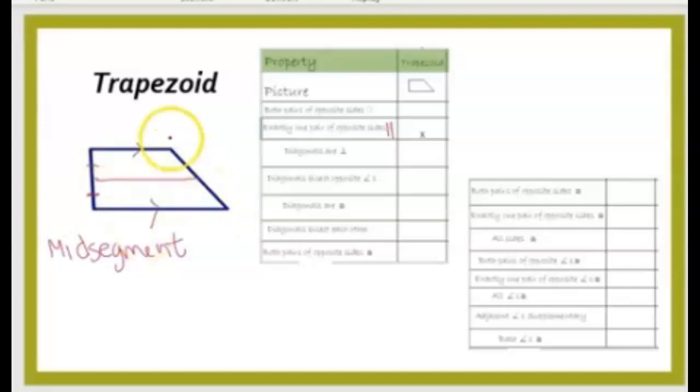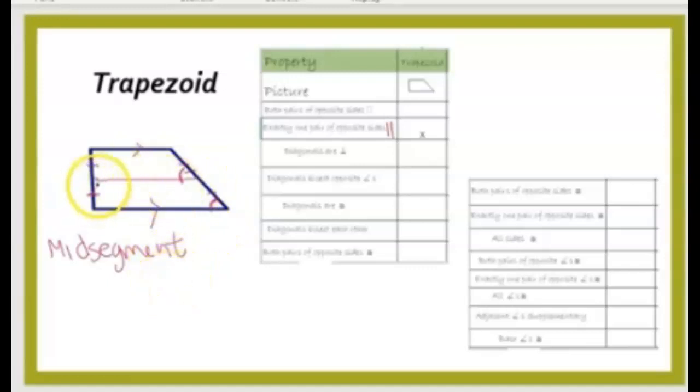Not so much over here because that's not a straight line. The other thing that's super special is that this does cut this in half, so these should be equal. But the other thing that's really cool is this now becomes like a transversal here. So that would mean this angle is equal to this angle,